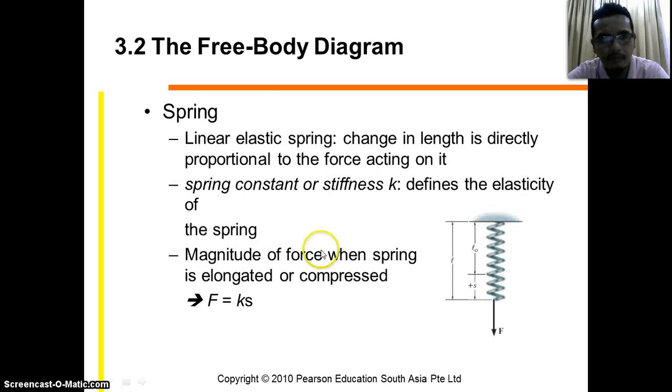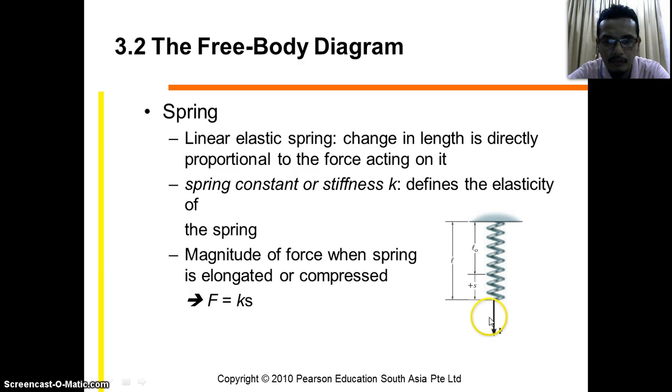Okay, so now how do I draw the free body diagram for a spring? We have the linear elastic spring. So we consider a linear elastic spring, meaning that the change in length, for example, we have this spring here. Originally, before we apply the force, the length is unstretched, L0. Okay, when we apply the pulling tension force here,